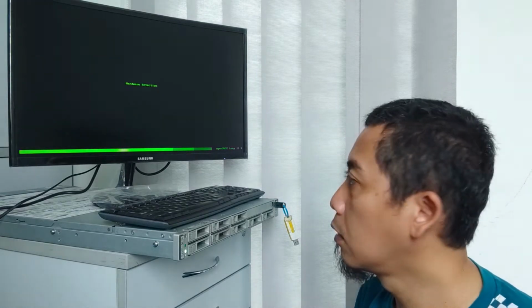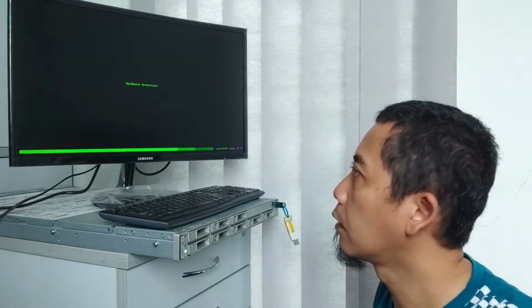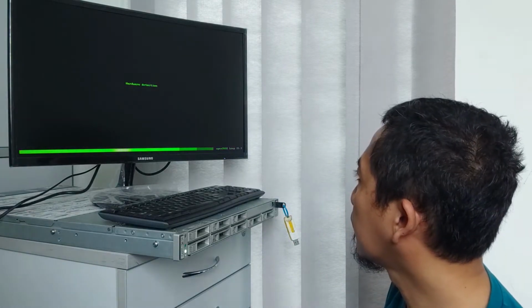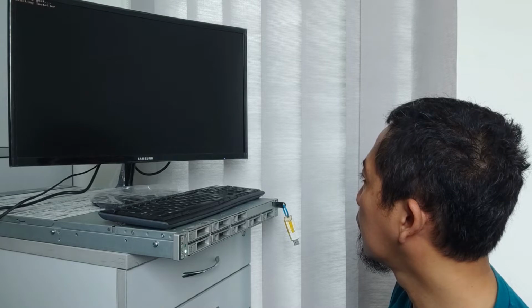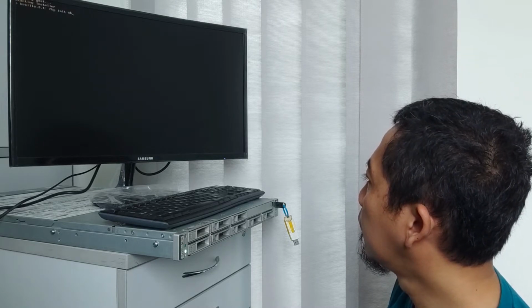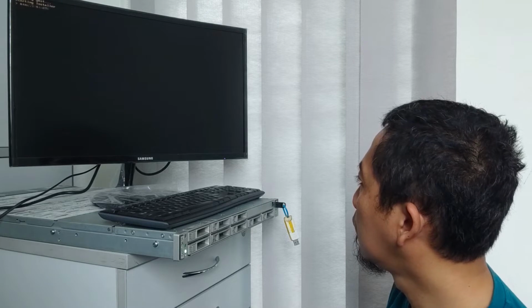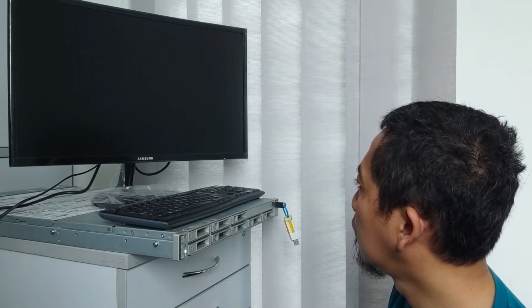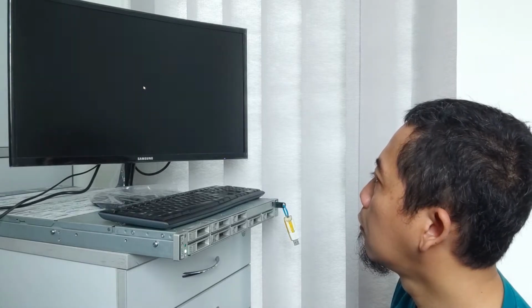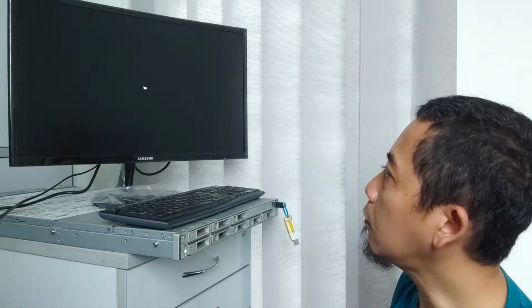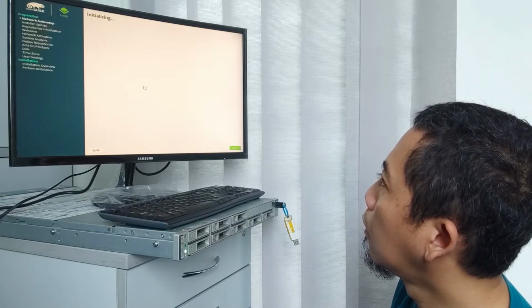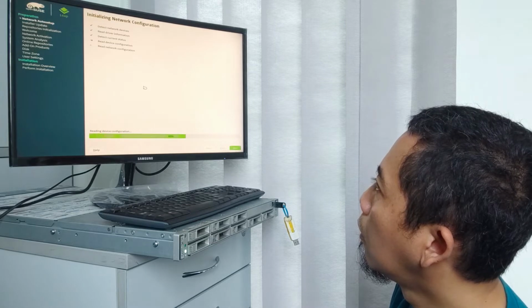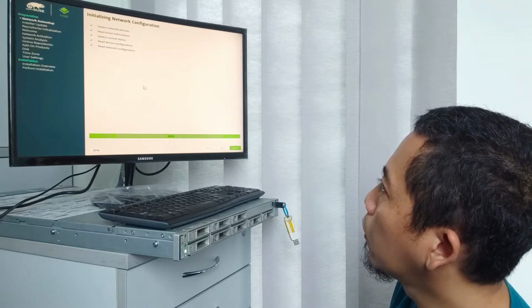It doesn't take long, but you will see the whole process of this installation. They are detecting the network configuration.